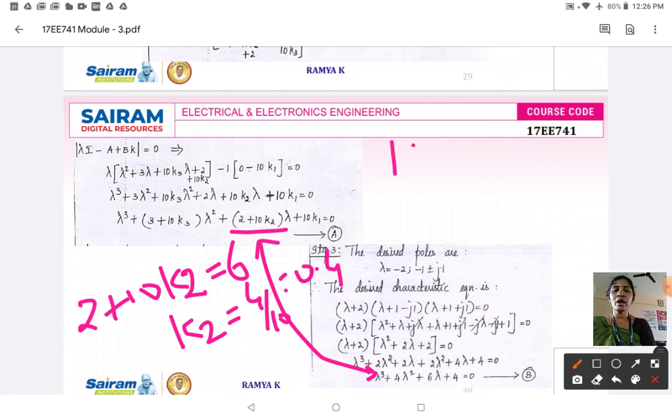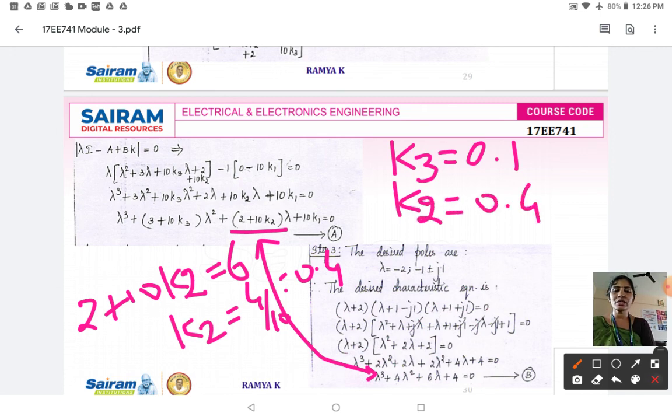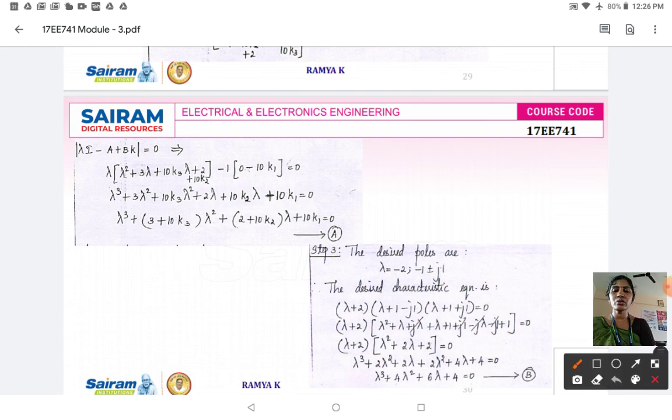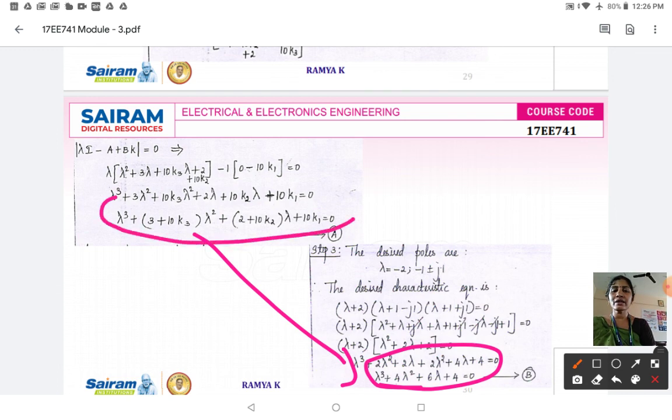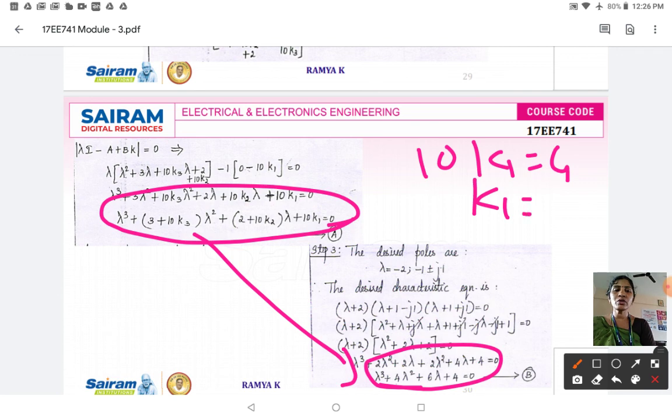So now you have already identified the value of k3 as 0.1 and the value of k2 as 0.4. Now comparing the constant coefficient between these two equations, that is, the desired characteristic polynomial equation and the characteristic polynomial equation with the feedback, you are going to get 10k1 is equal to 4,